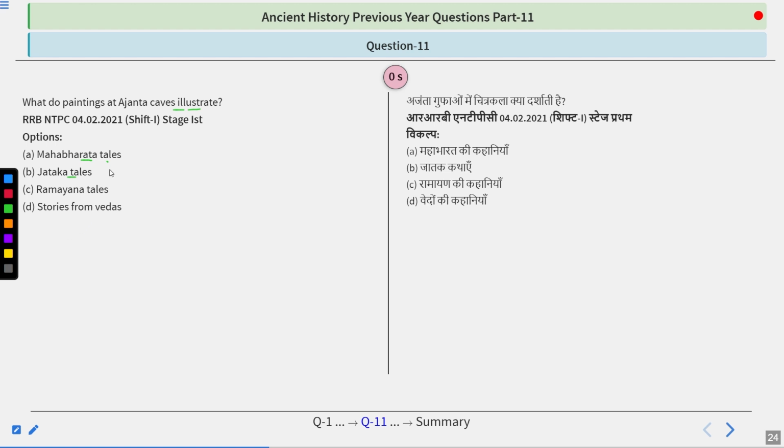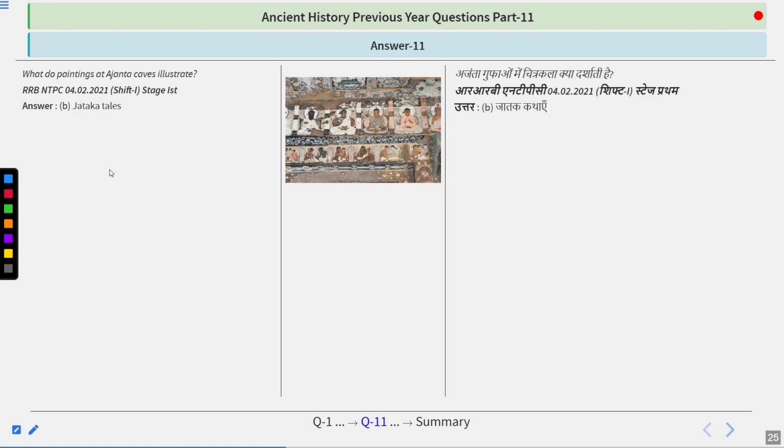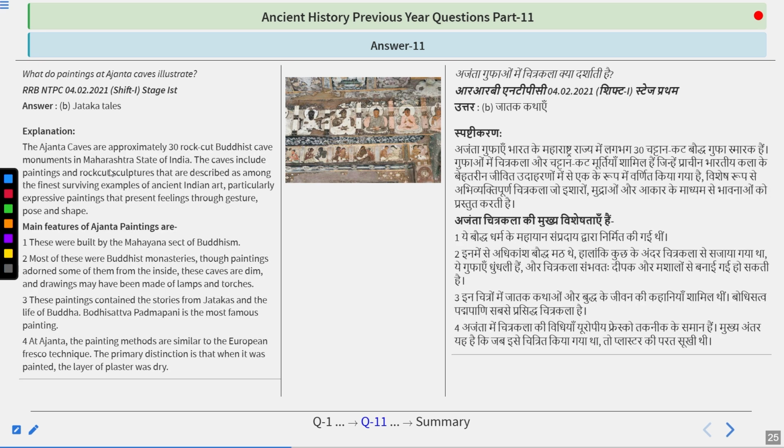If you know which religion the Ajanta caves are related to, then you must know which particular tales they tell. So the answer here is Jatak tales. I hope you remember we discussed in Buddhism that Jatak stories or Jatak tales are related to Buddhism, where the earlier incarnations of Gautam Buddha were discussed and the stories were told. So Ajanta caves are approximately 30 rock-cut Buddhist caves